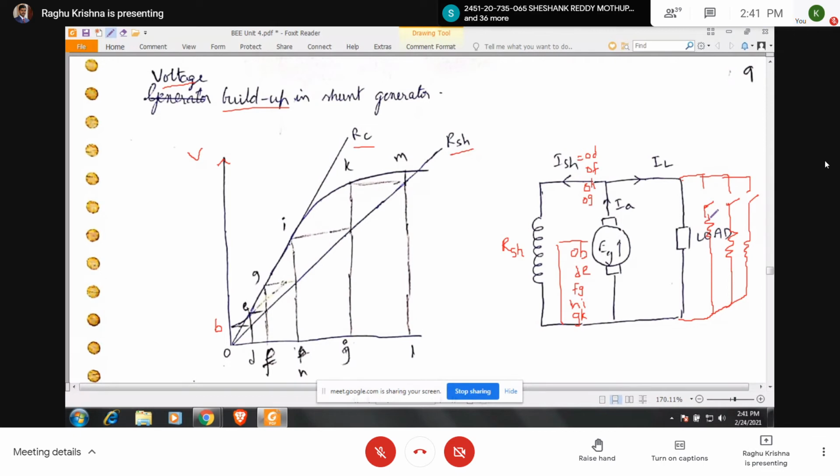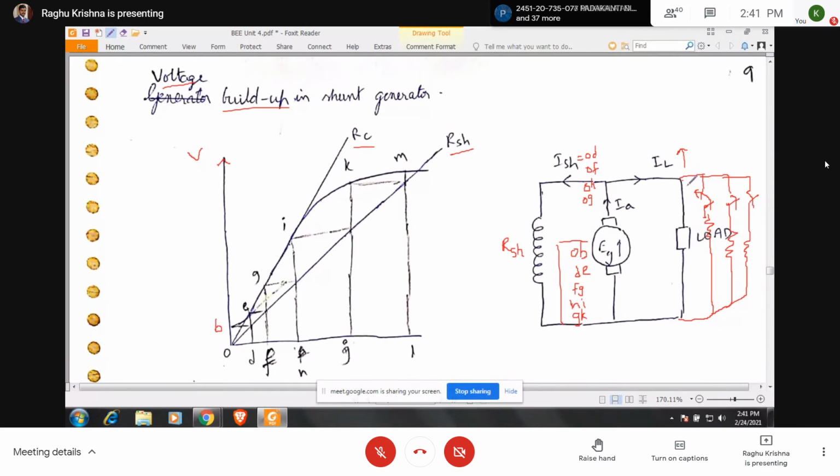In the lab, you are going to increase the load current by switching on the loads. If you move the switch like this, we are going to increase the load step by step by connecting the loads in parallel one by one. You can add the resistive loads one by one. If you add the load, the load current increases. Here the loads are connected in parallel, so the equivalent resistance reduces and it draws more current.